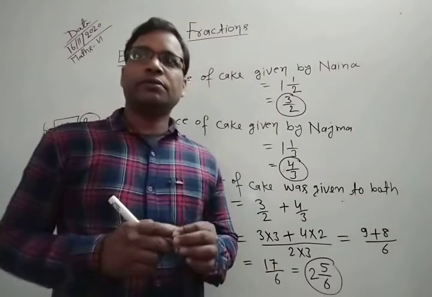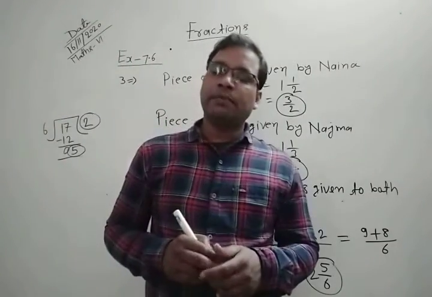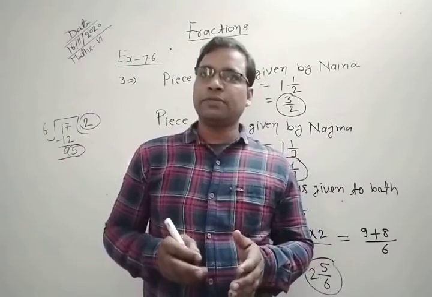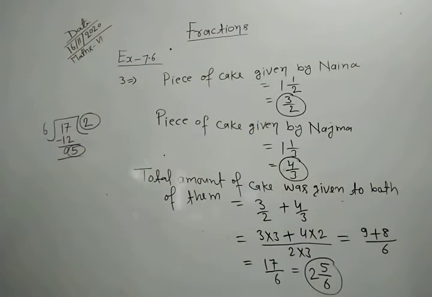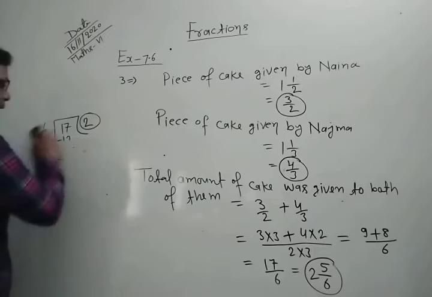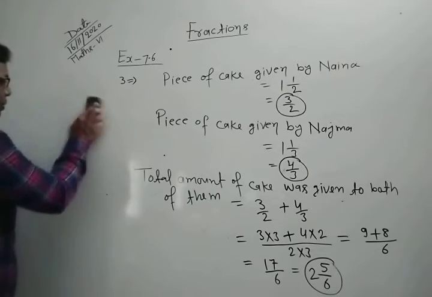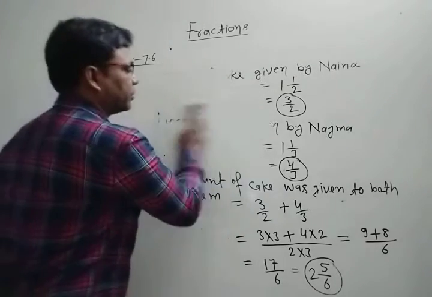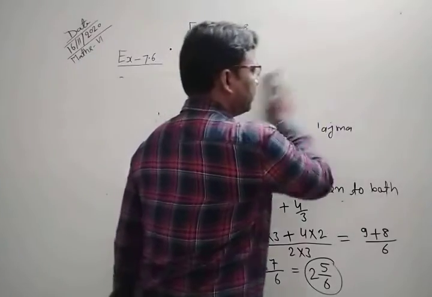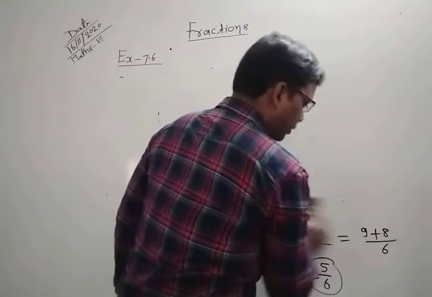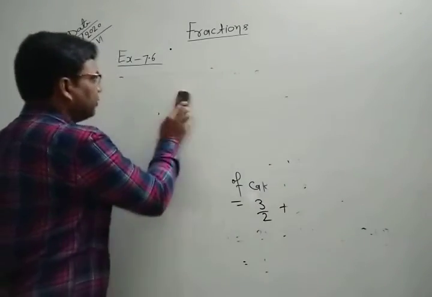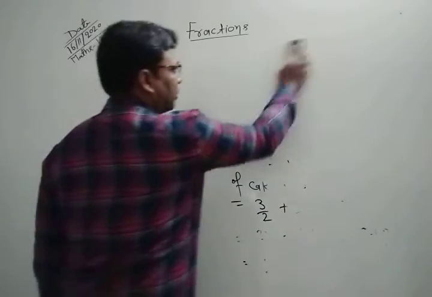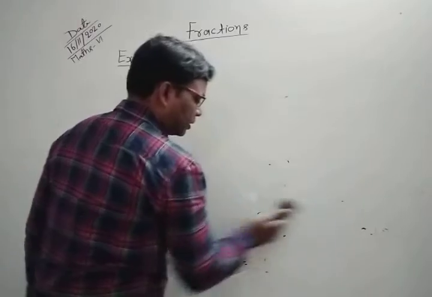In question number 4, it is given to fill in the blanks. Let's see what question number 4 is. Before that, we first iterate them, and after this we fill in the blanks. Clear? Now fill in these blanks. This is a very simple question. You can fill it very easily, but you need to see this.